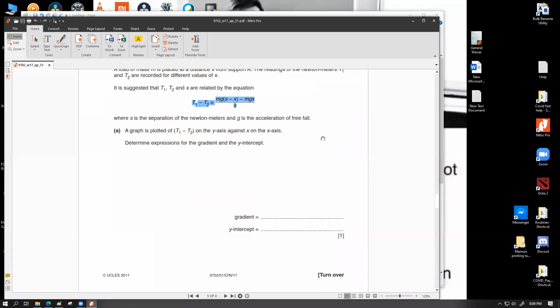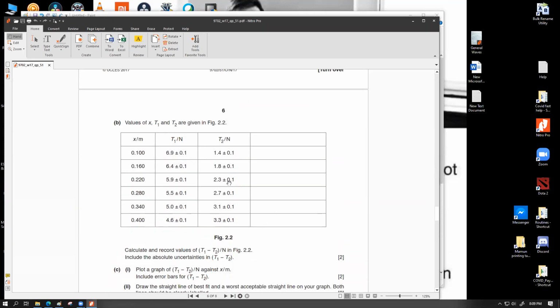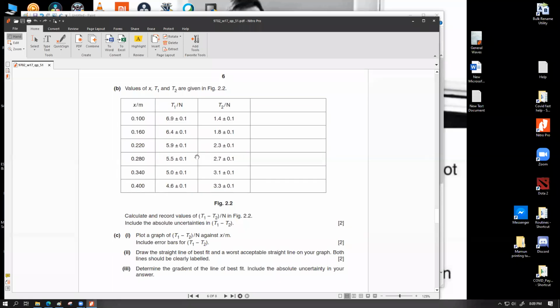যাও। আচ্ছা, সো এখন এই জিনিসগুলো আমরা কিভাবে হ্যান্ডেল করবো, আমি সেই ডেটা ক্যালকুলেশনের প্রসেসে আবার ব্যাক করতেছি। So what you can see over here, this is the table that is given. Calculate and record the values of T1 minus T2 / Newton in figure 2.2. So you have to give